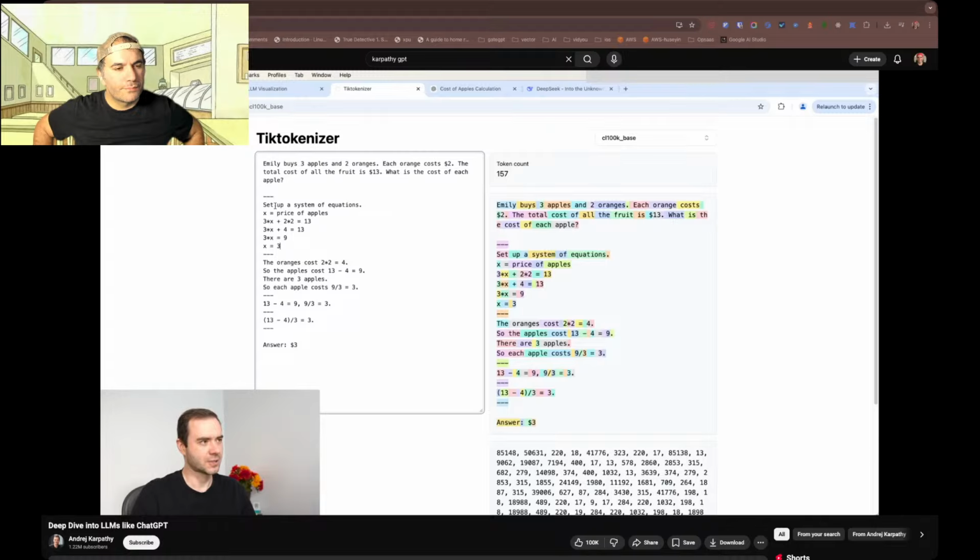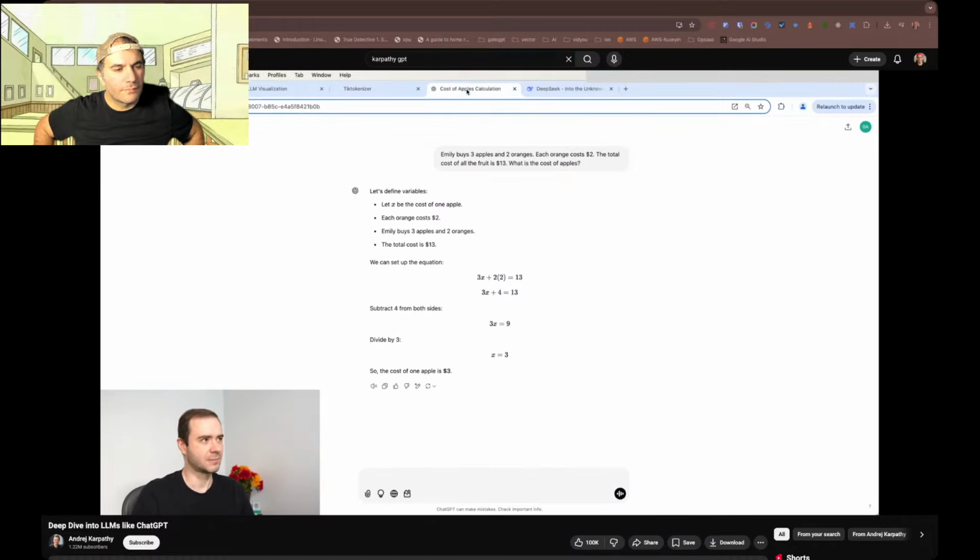Some of these conversations kind of set up a system of equations. Some of them sort of just talk through it in English. And some of them just skip right through to the solution. If you look at ChatGPT, for example, and you give it this question, it defines a system of variables and it does this little thing. What we have to appreciate and differentiate between though is